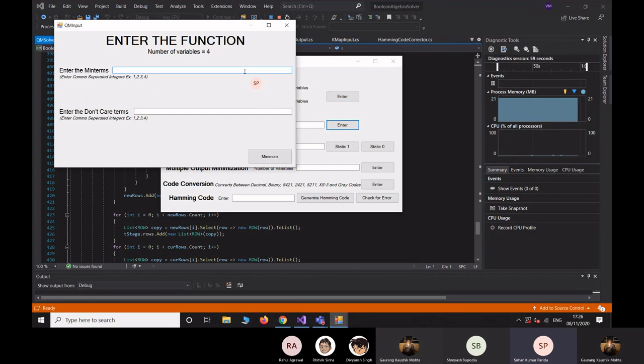Now, entering the min terms of the function: 2, 3, 10, 11, 12, 13, 14, 15. Also considering don't care terms as 0 and 1. Now for minimizing the function,